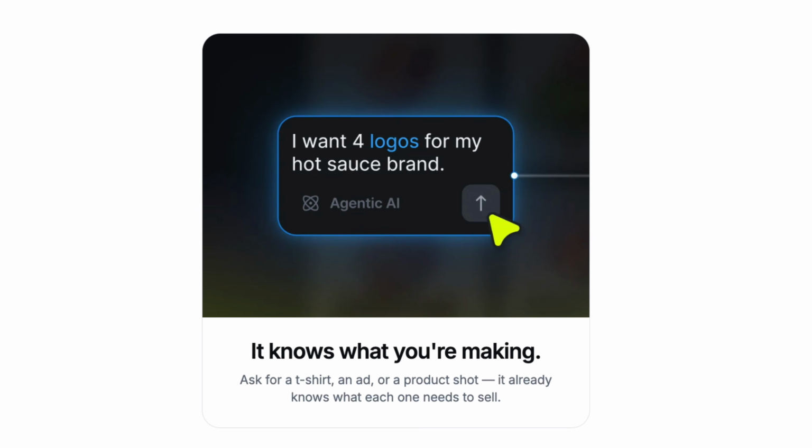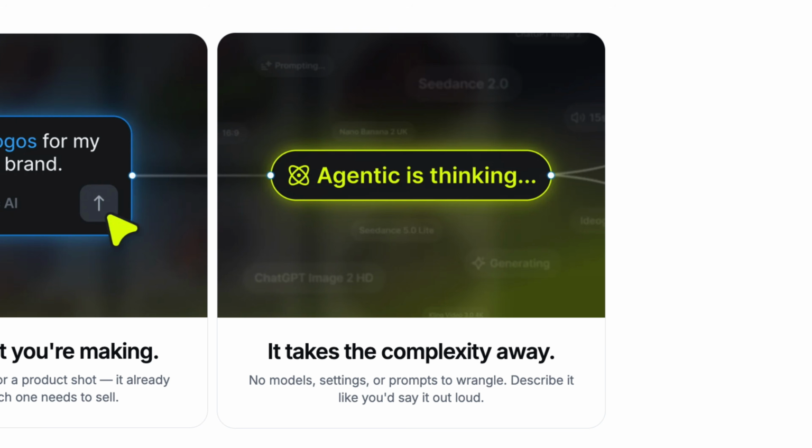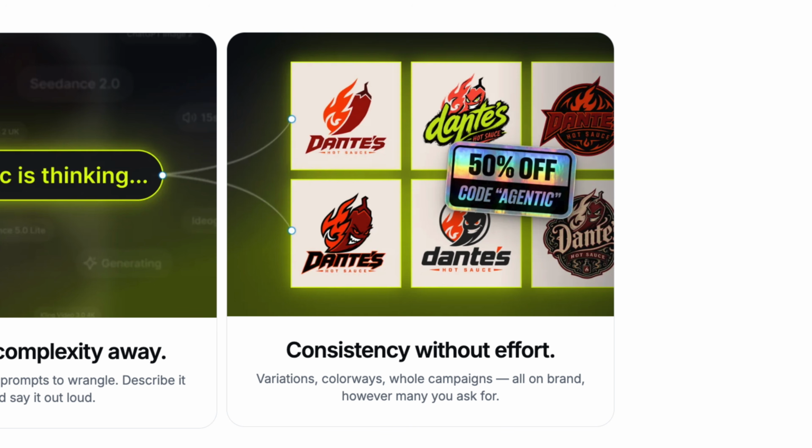Hey everyone, in this video I want to share with you Kittl's newest feature, Agentic AI. The idea is you type a few words and Kittl handles the rest. It picks the models, writes the prompts, sets the size, and gives you a finished design. So in this video I want to give you a quick look on what it does, all the different things,